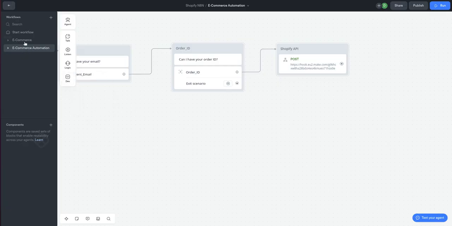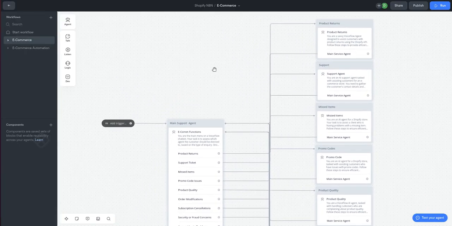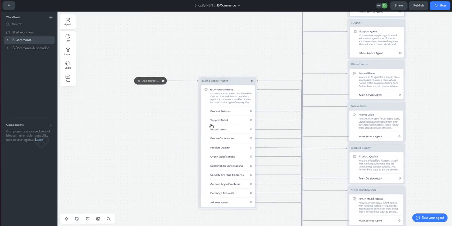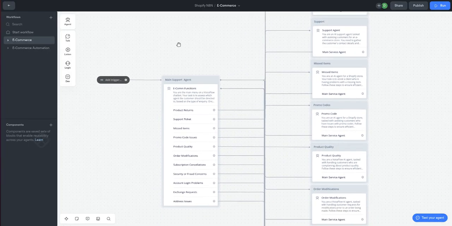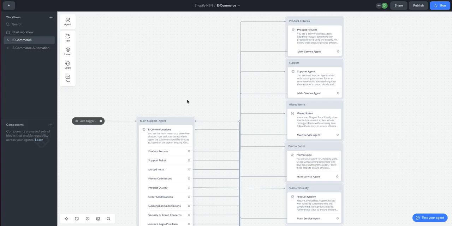This is a huge e-commerce based one. This is basically way over the top, right? What I've basically done is created the ultimate in e-commerce agent support, right? I've created a menu for the agent, and that agent is going to send everyone to the relevant query, right? I've actually deployed this numerous times. This will handle 85% of all e-commerce stores